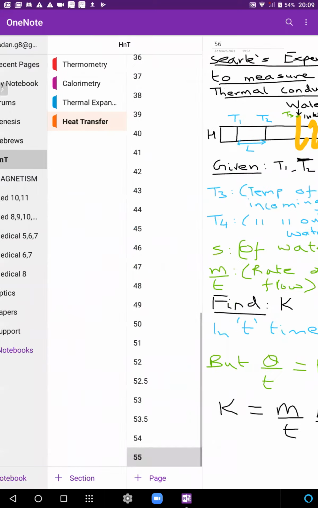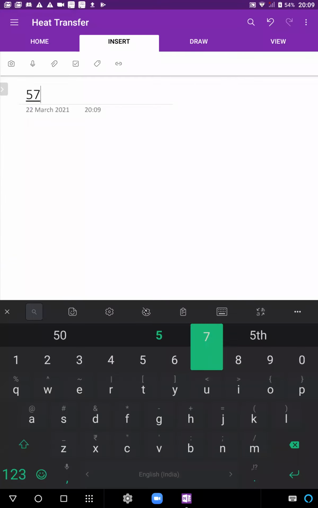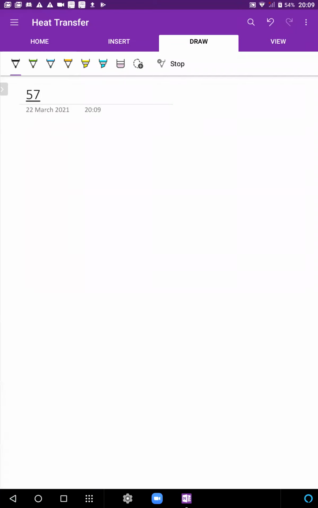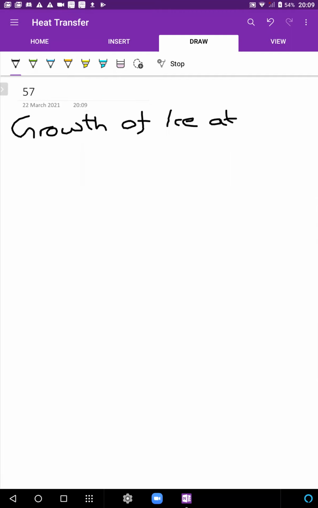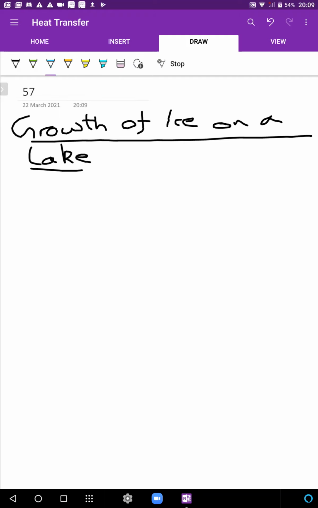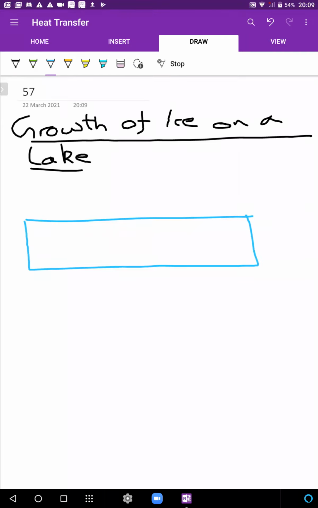This is growth of ice. Again, this is advanced level. This is not super easy to do on your own, but hopefully seeing it done once by me, maybe you can do it if a question like this should come. So growth of ice on a lake. Okay? Growth of ice on a lake. Maybe if you see me do this once, at the back of your head, इसका थोड़ा सा idea रह जाएगा, and then you can maybe solve.